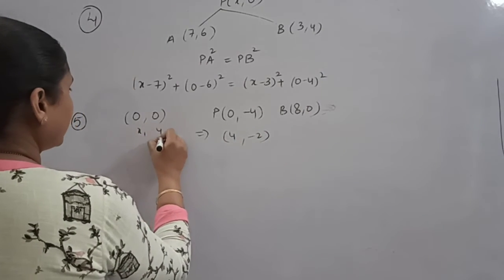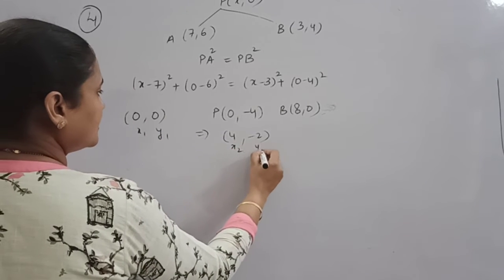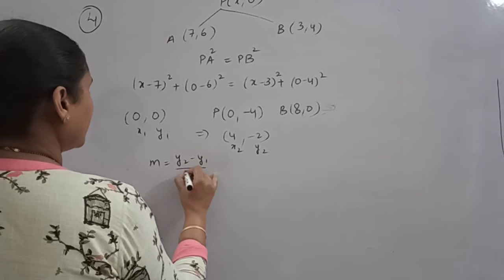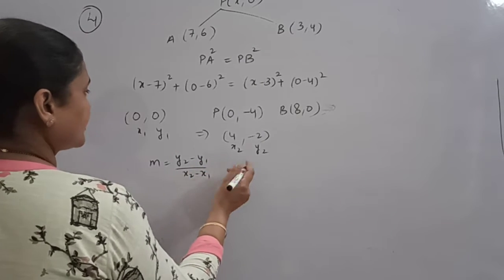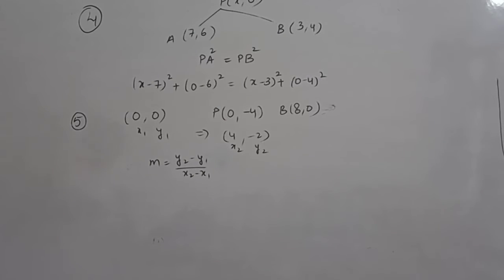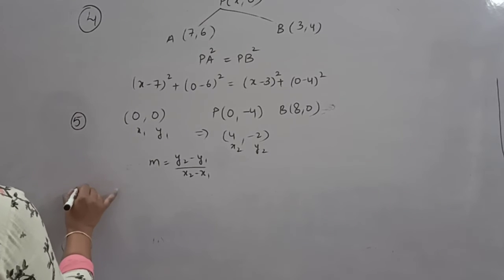Now you have to find out the slope. Find the slope, that is y2 minus y1 upon x2 minus x1. Put these values and your slope will be found: -2 minus 0 upon 4 minus 0. Now the sixth question is,